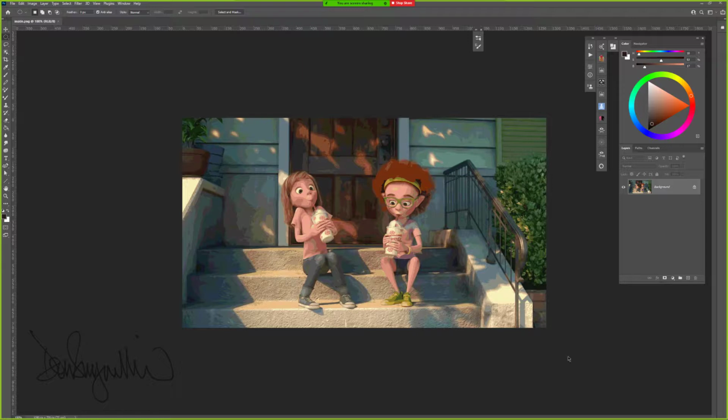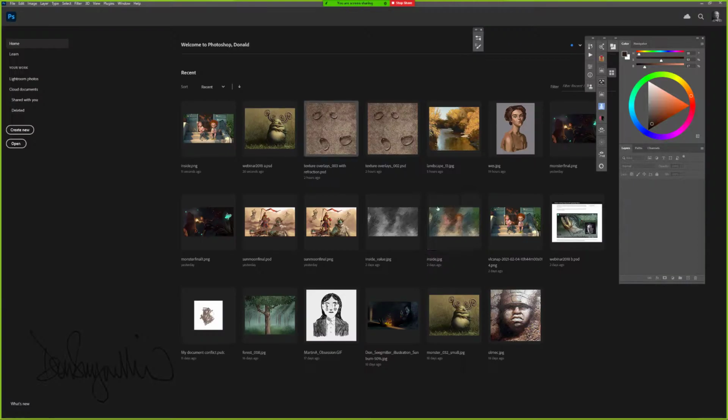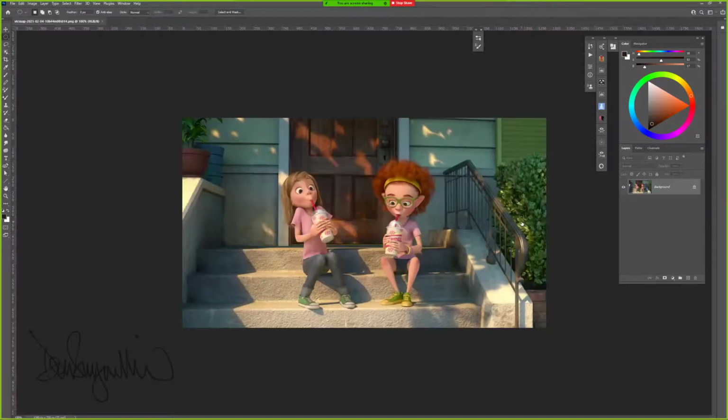So in Photoshop, load your image. This is the wrong one. I wanted the full color one, so that's the one I want. It doesn't matter whether it's like this. If there's a painting you like or whatever you like, something that you like, the emotional feel of it, that's